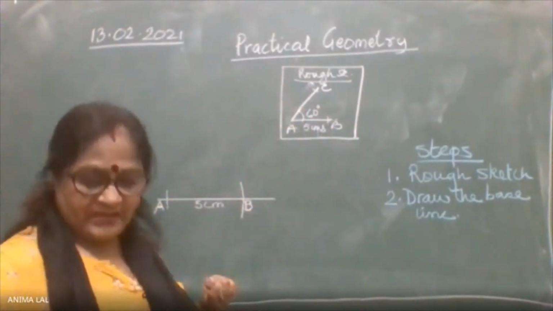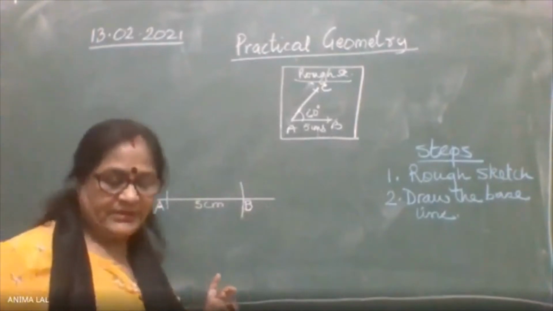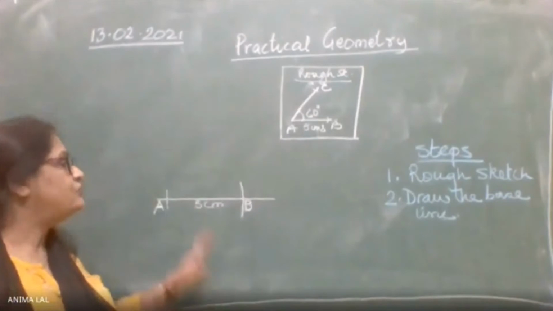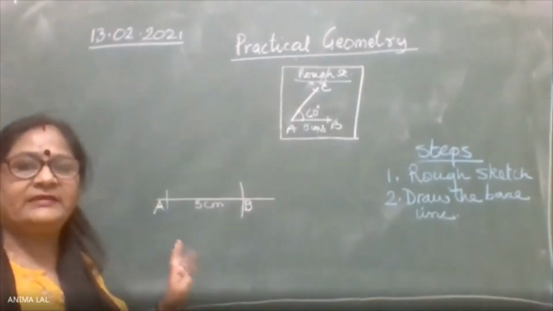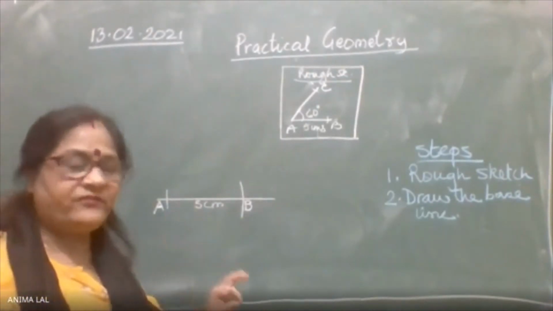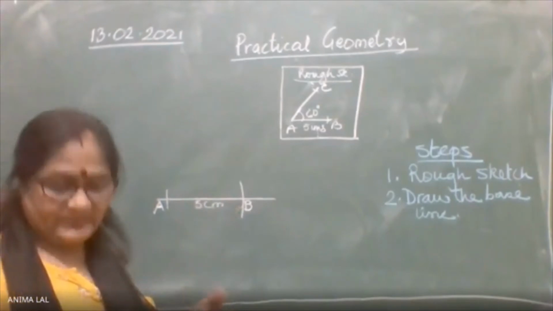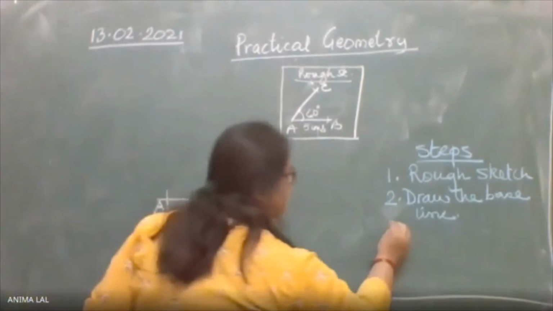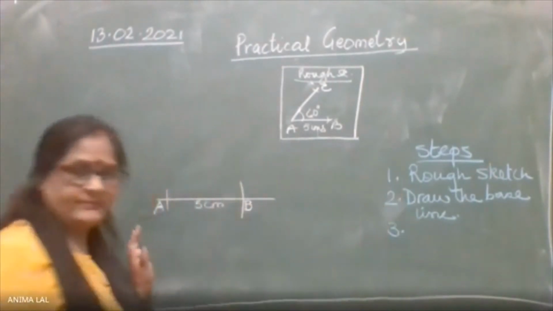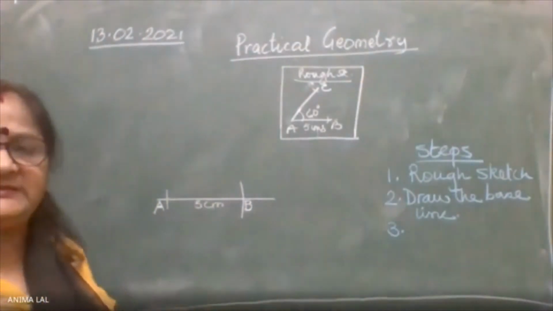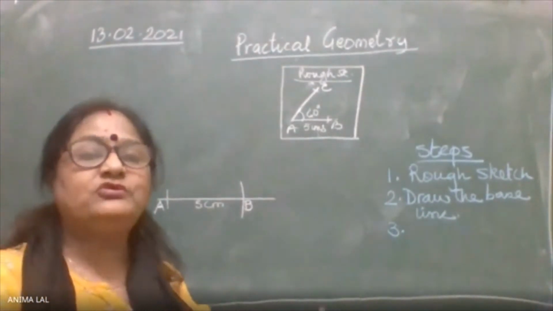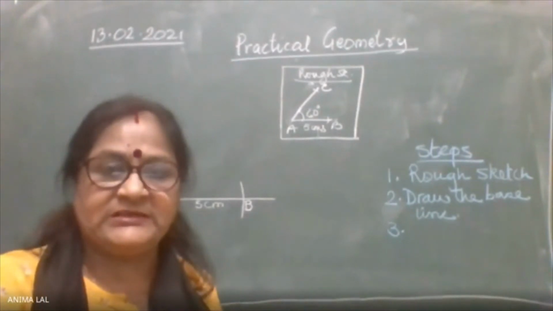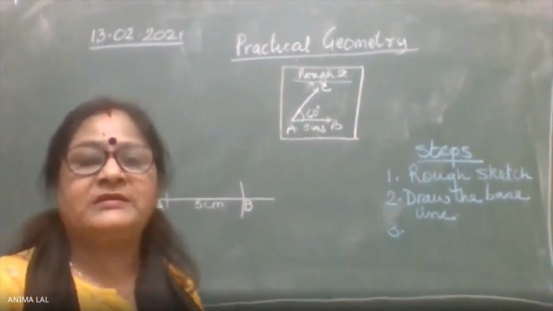Now our next step is to construct a 60-degree angle. To construct a 60-degree angle, we need different arcs. Okay, now I will start with it first. Third step. Now this step is for 60 degrees. Afterwards, when I'm going to do any other angles, I will not repeat the steps for 60 degrees. You should know how to make a 60-degree angle.